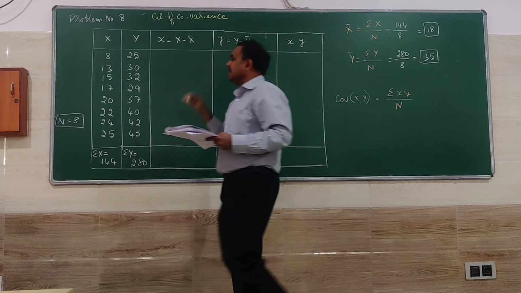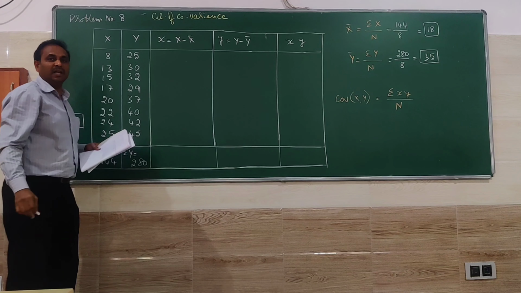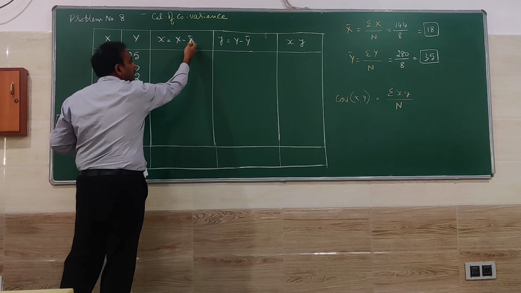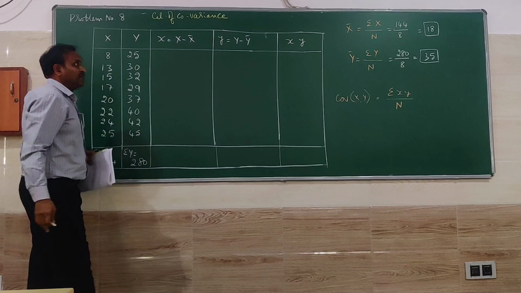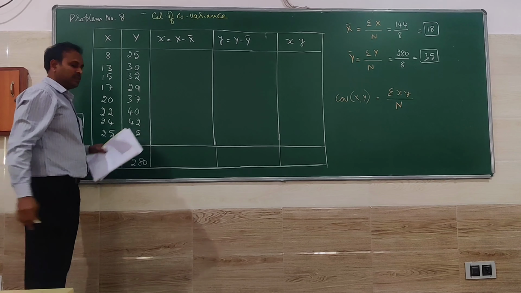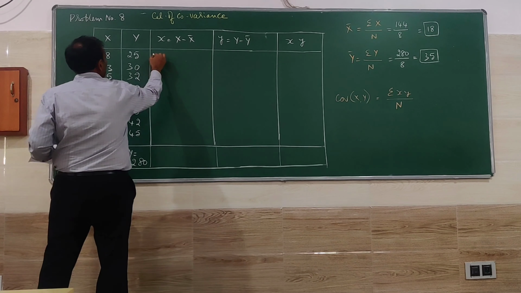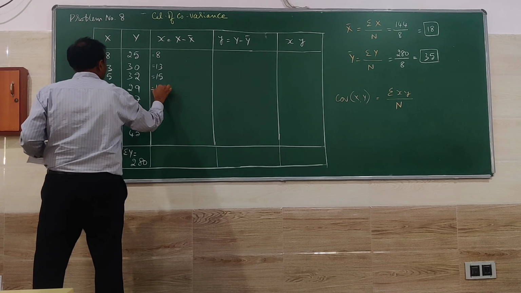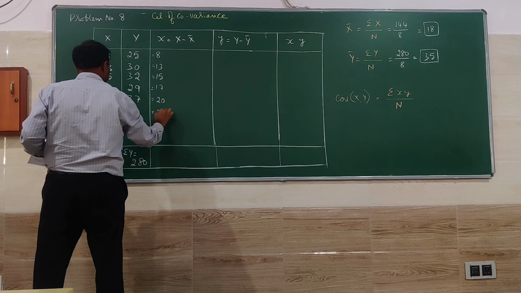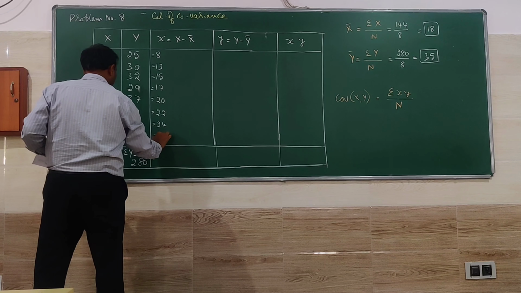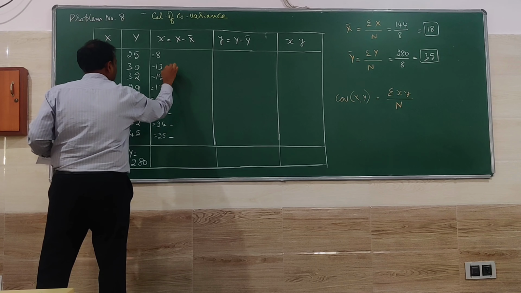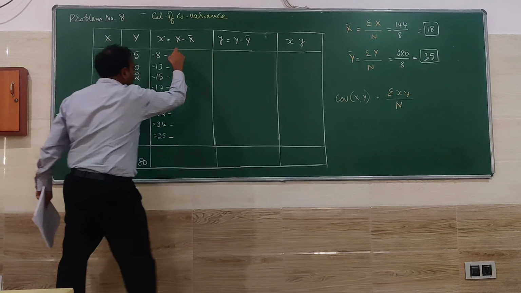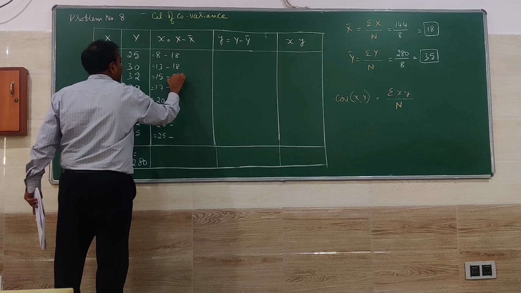So with the help of this we have to find the deviation. So small x is nothing but the deviation, or the difference, between the actual x value and x bar, that is the mean value of the x series. So that is the deviation. Let us see what deviation we get here. Let me substitute the values to find the deviation. So x I have substituted here. X bar is 18. I will take the value over here and write.